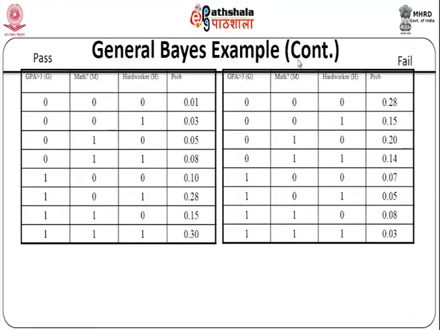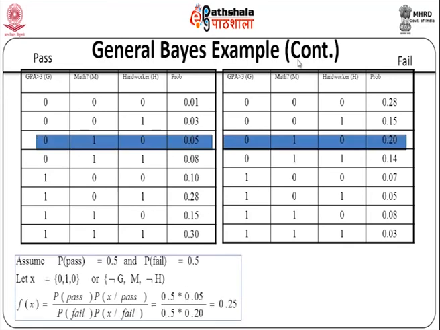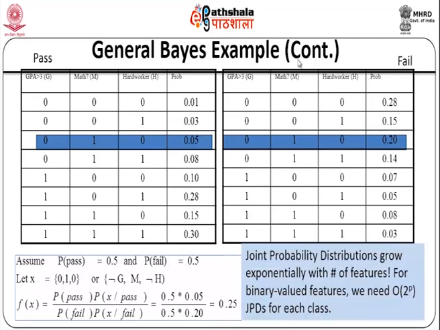So, you have here the GPA, you have the maths, and then you have the performance, the pass or fail, and the probabilities. With that you can assume P of pass is equal to 0.5, P of fail is equal to 0.5, because they are equally probable. Then you are given these values. With these values you can find that the probability is 0.25, and joint probability distributions grow exponentially with the number of features. So, for binary valued features we need approximately 2 to the power of p joint probability distribution entries